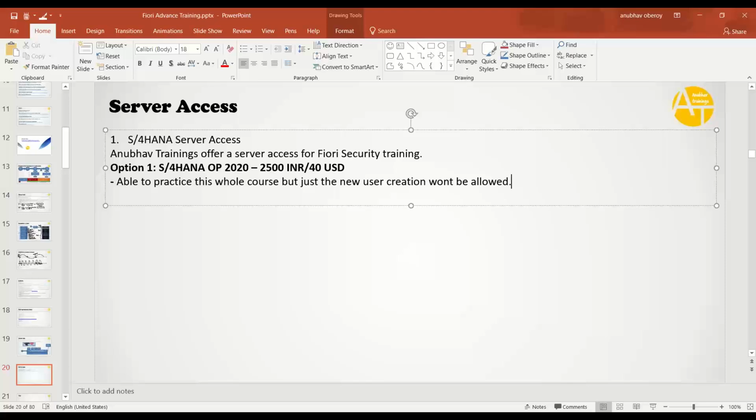This topic you can't practice in this server. Basically, you will not be allowed to have access to the SU01 T code. That is the limitation of this particular server. You won't be able to practice it. Other than that, all topics, all latest topics